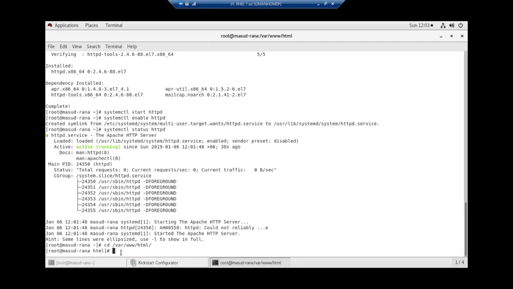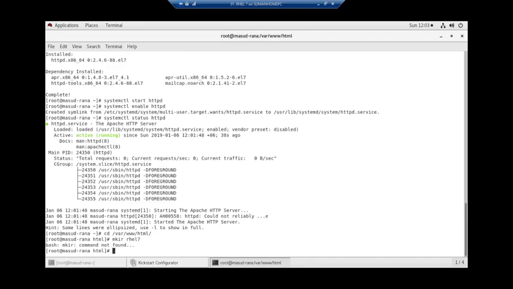I have to make a new directory by mkdir space. I am giving the name rhl7. The command is mkdir rhl7.